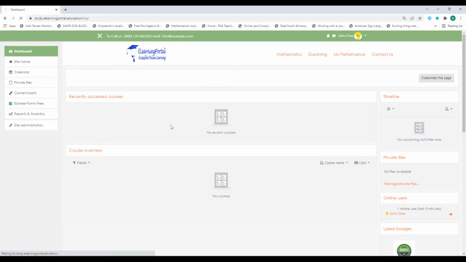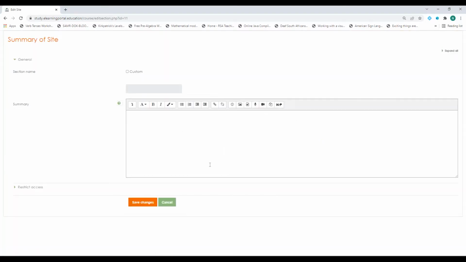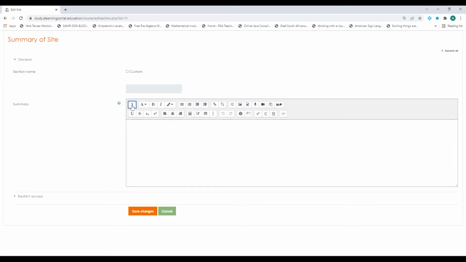Okay, so let's turn editing on and go to our site home. In our site home, you'll see the gear icon just underneath the banner. Click on it. And now we will customize the section just underneath the banner. Click on the expand menu, and we'll be clicking on the table